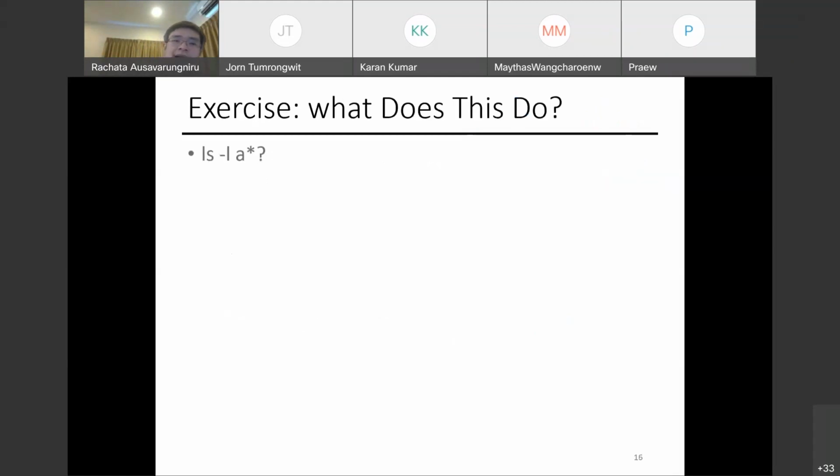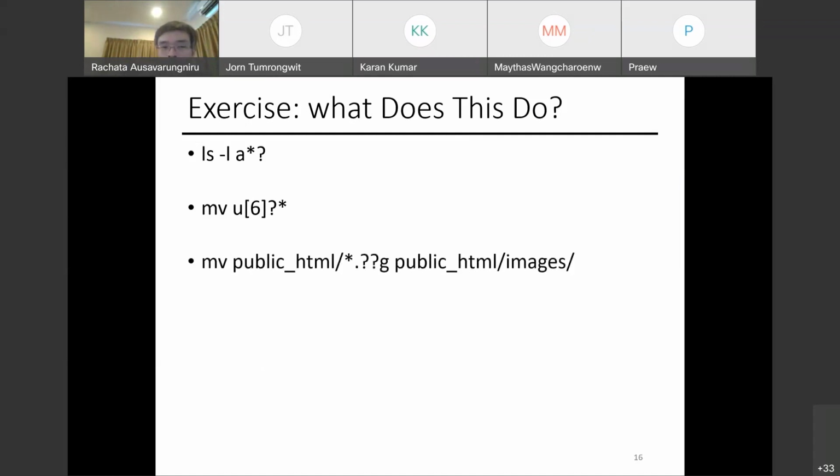So ls -l a star means that I'm going to list every file that starts with an A and has at least one more letter because I have question mark at the end. mv U bracket 6 question mark means that I'm going to move anything that starts with the letter U followed by the number 6 followed by at least one more character. This would move